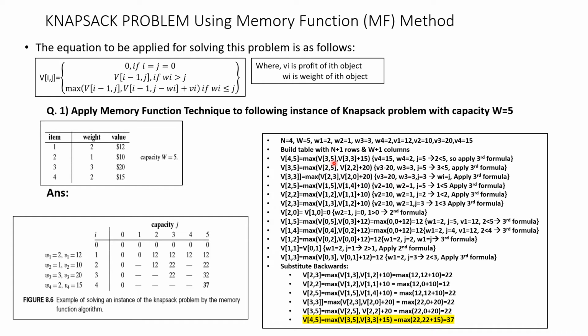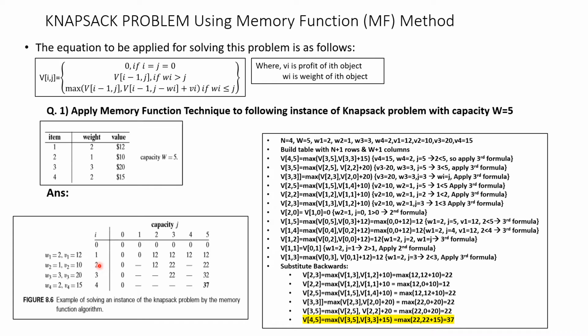In this we have to again calculate v3 comma 5 and v3 comma 3. v3 comma 5, v3 comma 3, you will get this equation. In that again you have to calculate v2 comma 5, v2 comma 2, v2 comma 3, v2 comma 0. So next start with v2 comma 5, this one. v2 comma 5 you start. So what is v2 comma 5?